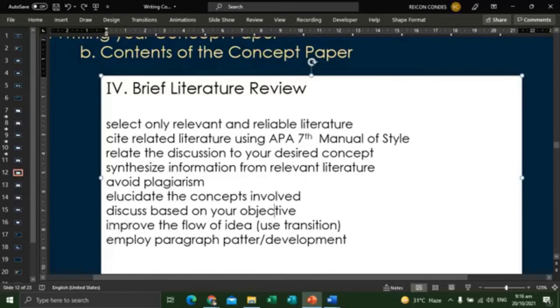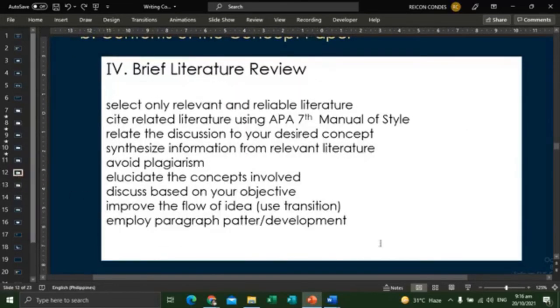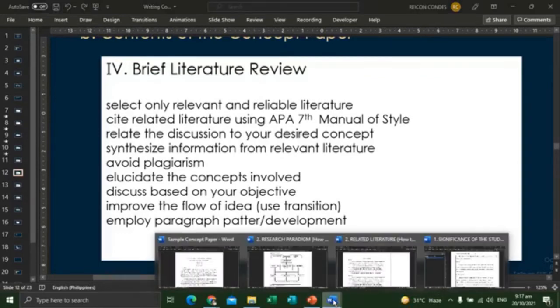And then, kindly use the transitional devices to improve the flow of your idea. Kapag similar, so what are the transitional device? Kapag may i-add na idea, anong transitional devices? Kapag may contradicting idea, anong transitional devices na ating gagamitin? And then, once again, we employ the patterns of paragraph development para sa ilalagay nating brief review of literature. To give you a sample of brief review of literature,